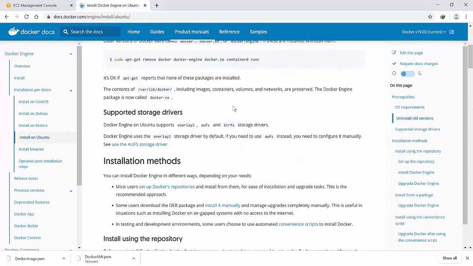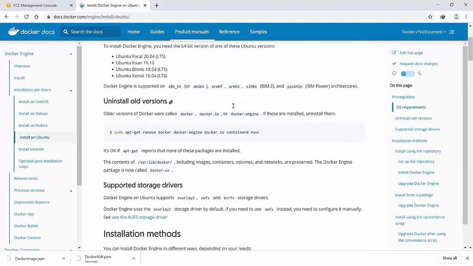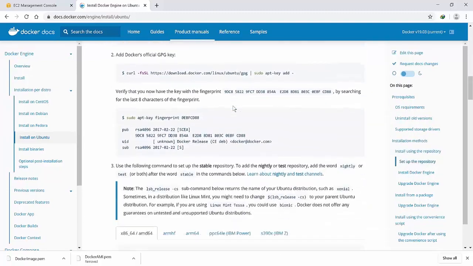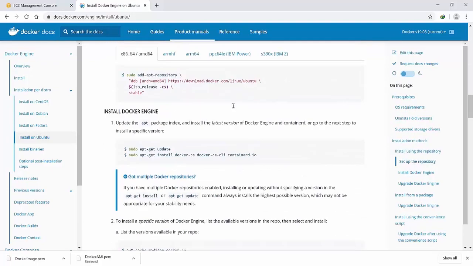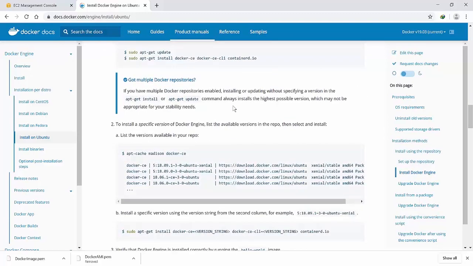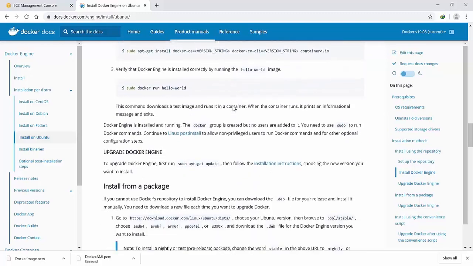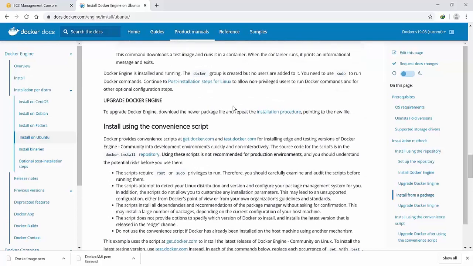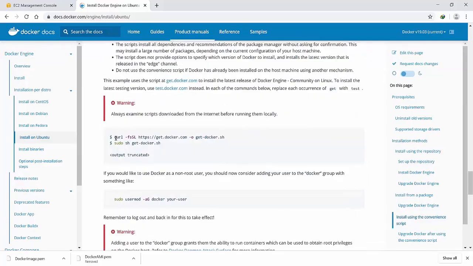Okay, so basically all these steps we need to follow, but yes, there is an easy way to install Docker now, and we don't need to follow this hectic installation procedure. Go a little bit down. Okay, this is the command. If you open this link,